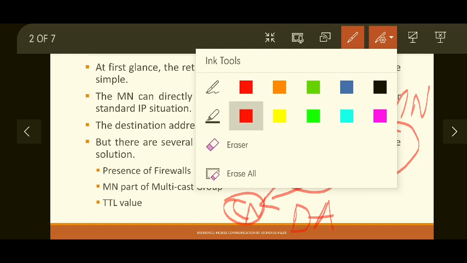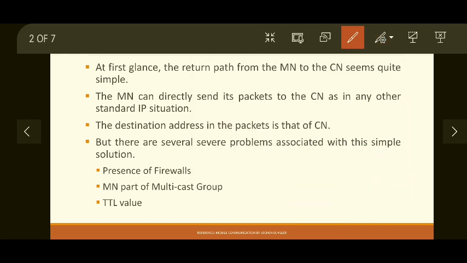The mobile node can directly send packets to the CN as in any other standard IP situation because the CN is stationary, so it doesn't require any mobile IP mechanism. As I said, the destination address in this case will be that of the CN for all the packets that are sent to the CN.